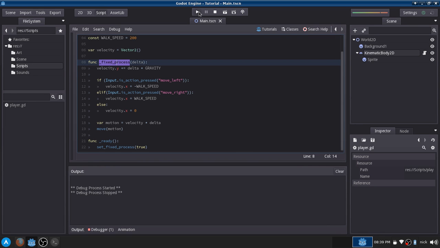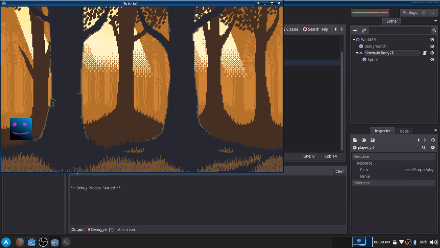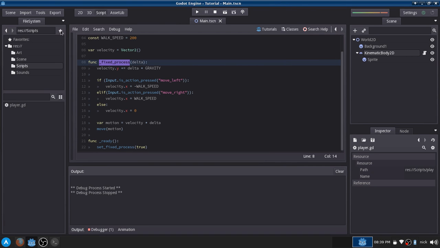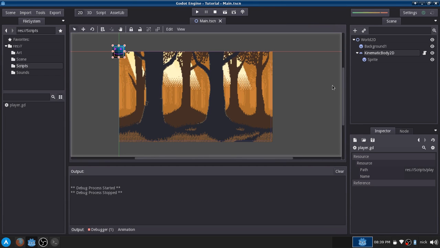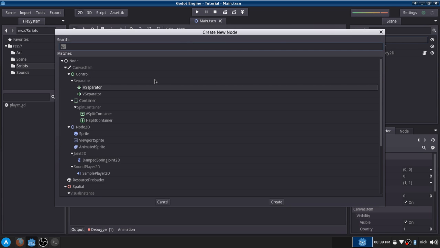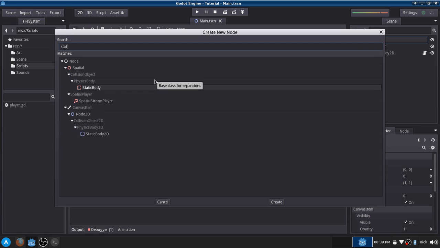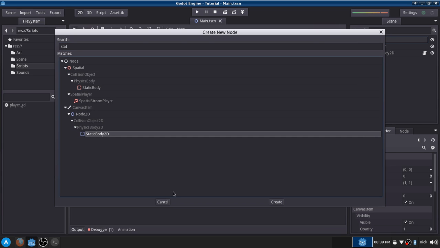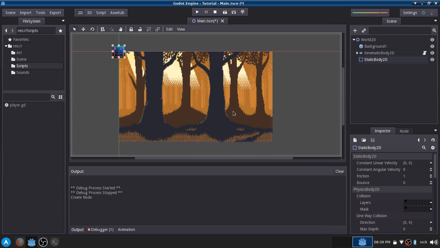And after all that, if we click play, we can move around. Now, you might notice an issue, and that is that we fall down through the ground. So, in order to fix that, we must actually create an obstacle. So what we're going to do is select the world 2D and create a static body. And what a static body does is it doesn't really move or anything. It just kind of interacts with other things. And we're just going to move it down here